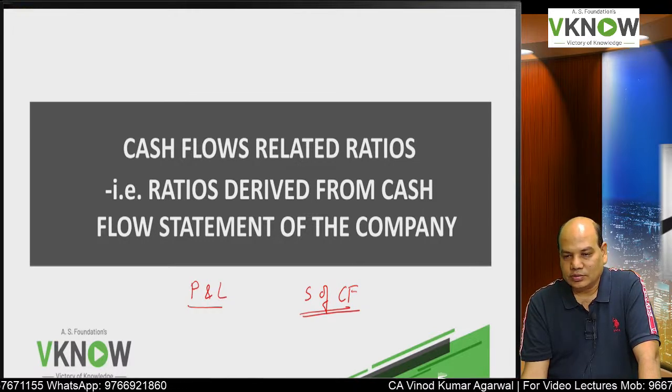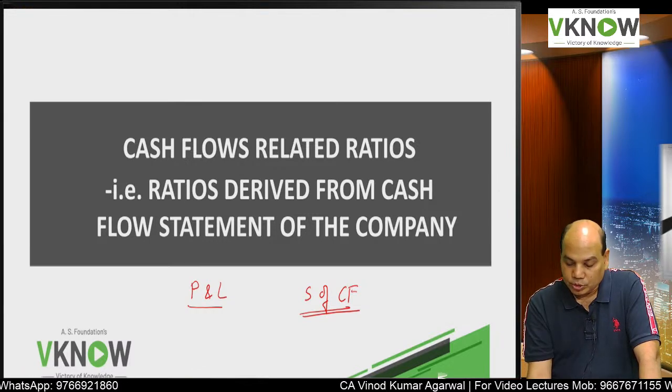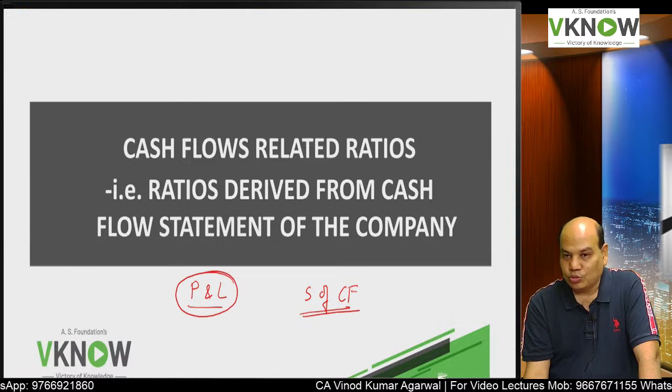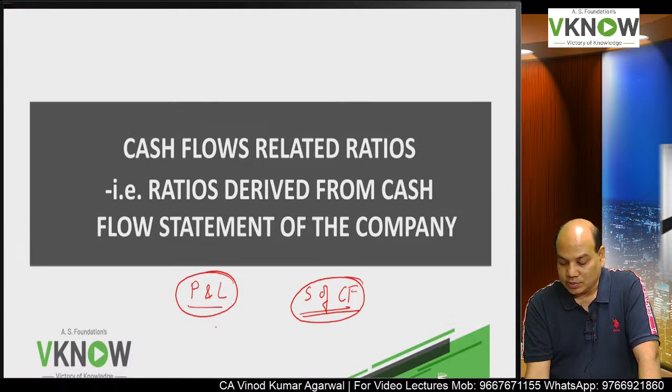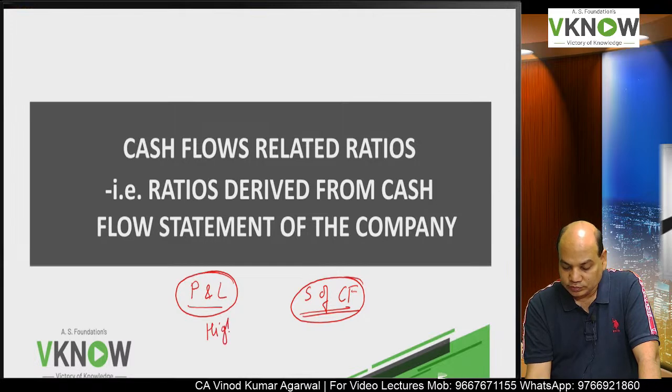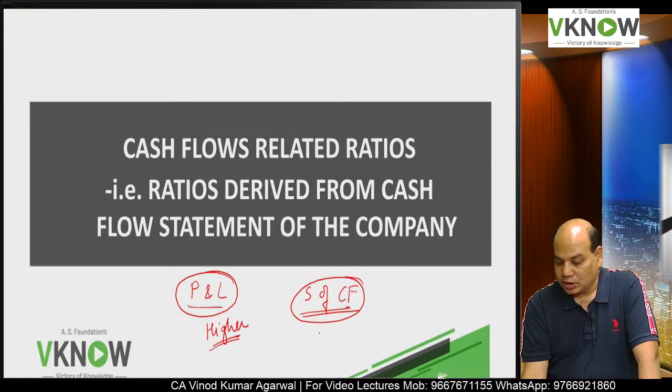In accounting standards we used to call it cash flow statement. Profit and loss account is prepared on accrual basis, but cash flow statement is prepared on actual inflow and outflow of cash. It has been observed that companies are showing higher profit,